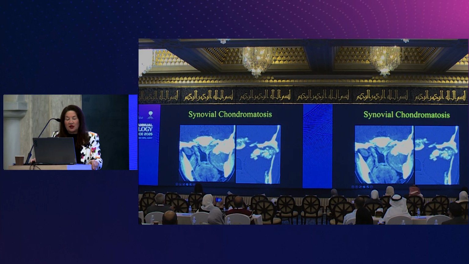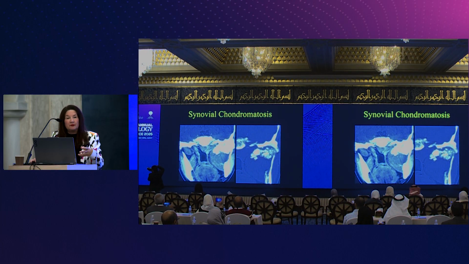And the last thing I want to say about the masticator space is to please remember your temporal mandibular joint. This was read as a chondrosarcoma. This is not a chondrosarcoma. You'll see this large mass sitting in the masticator space, displacing the pterygoid muscles medially, right? Big mass here. And then you'll see all this chondroid material, okay? This is synovial chondromatosis, and it's important to remember that the